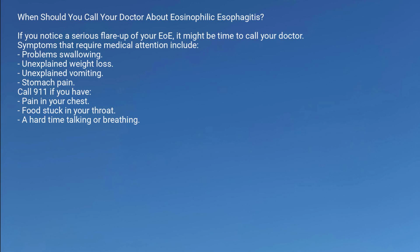When should you call your doctor about eosinophilic esophagitis? If you notice a serious flare-up of your EOE, it might be time to call your doctor. Symptoms that require medical attention include problem swallowing, unexplained weight loss, unexplained vomiting, stomach pain. Call 911 if you have pain in your chest, food stuck in your throat, a hard time talking or breathing,